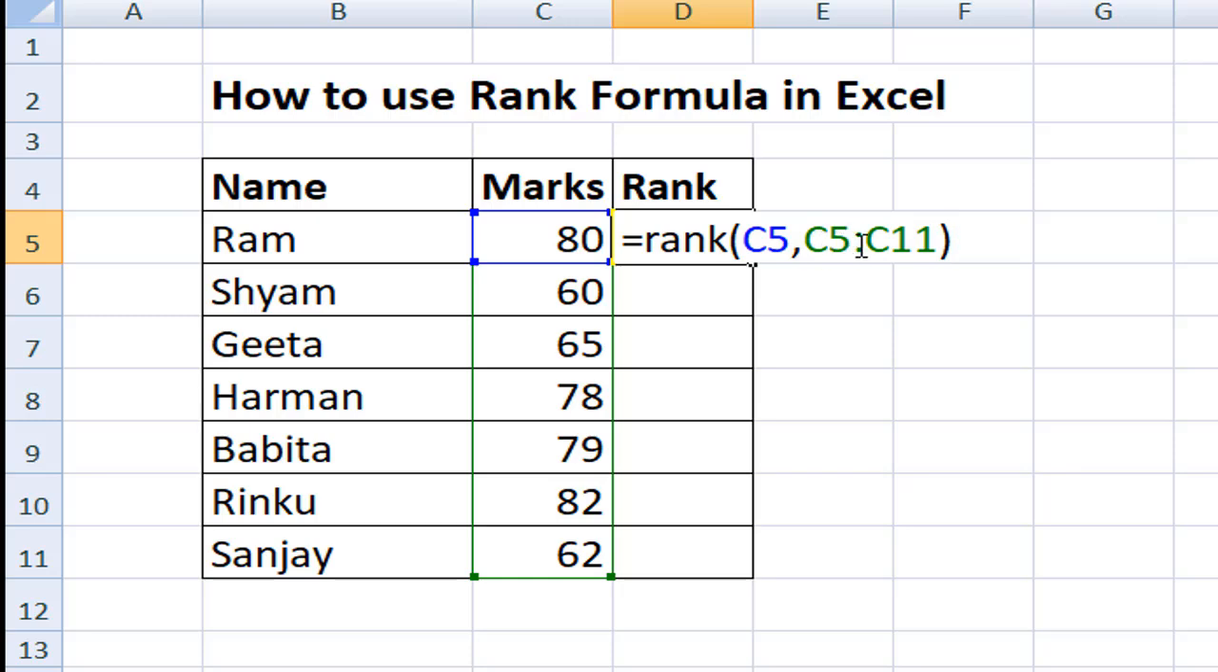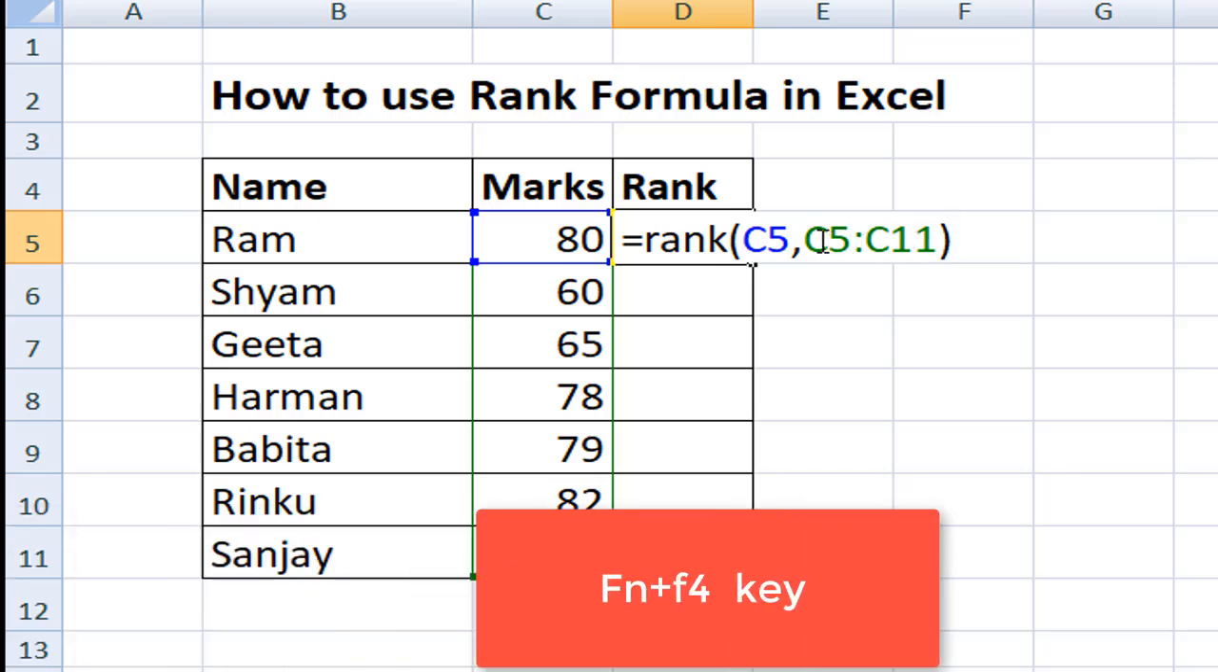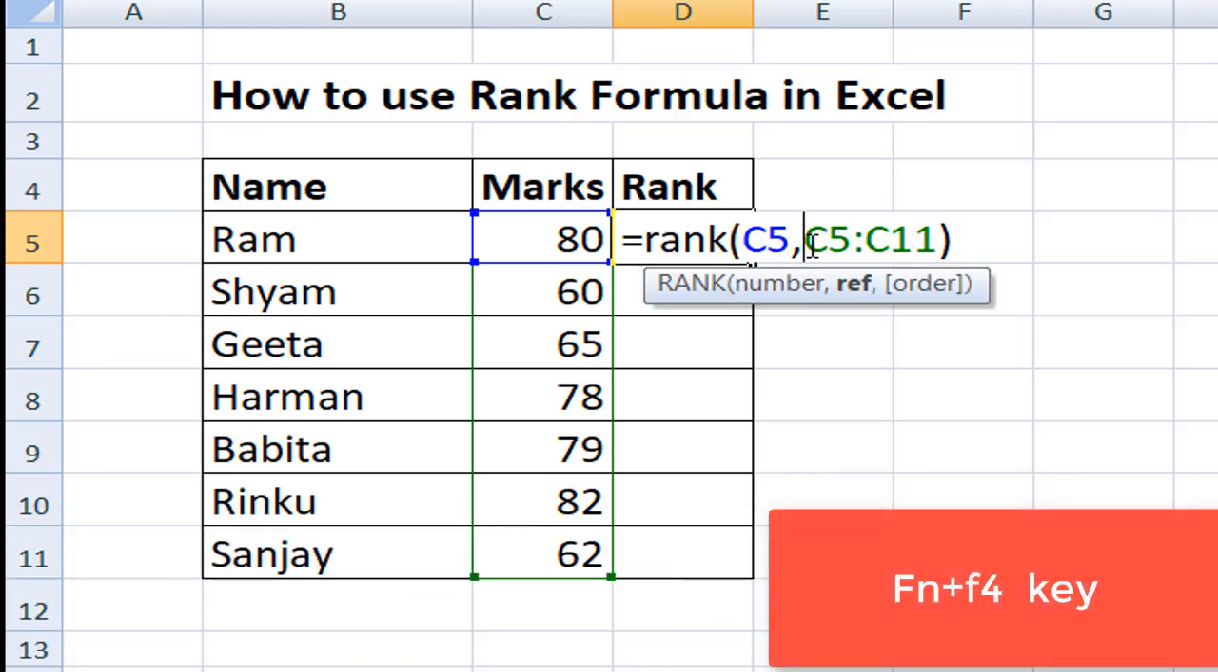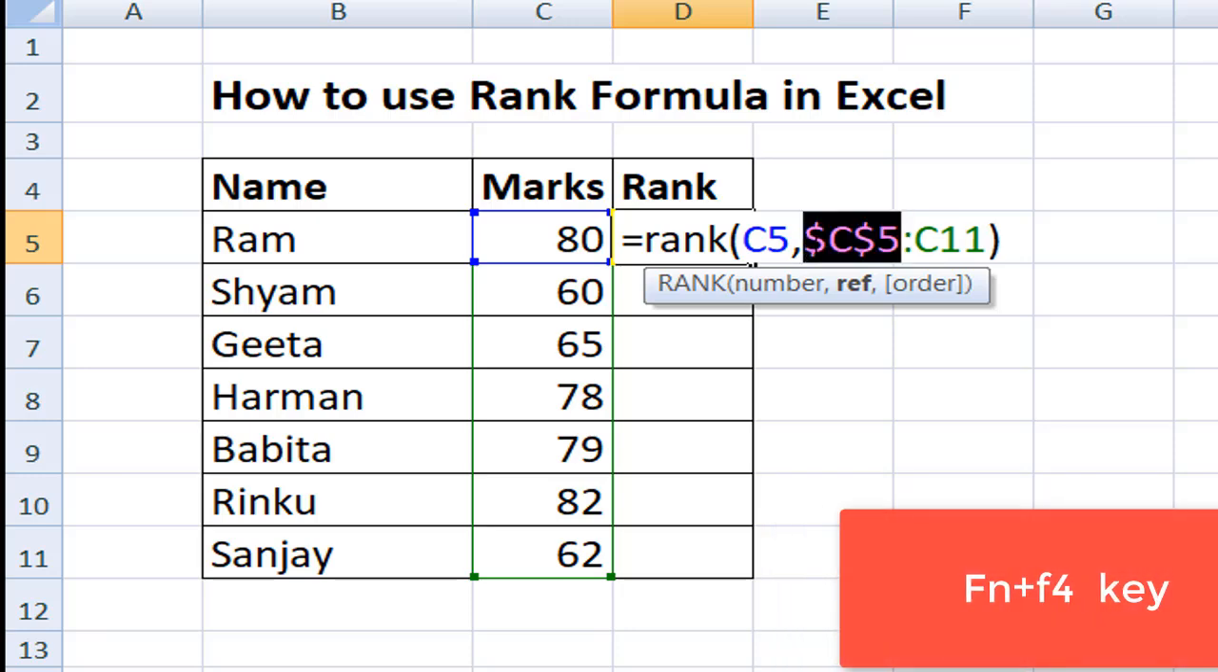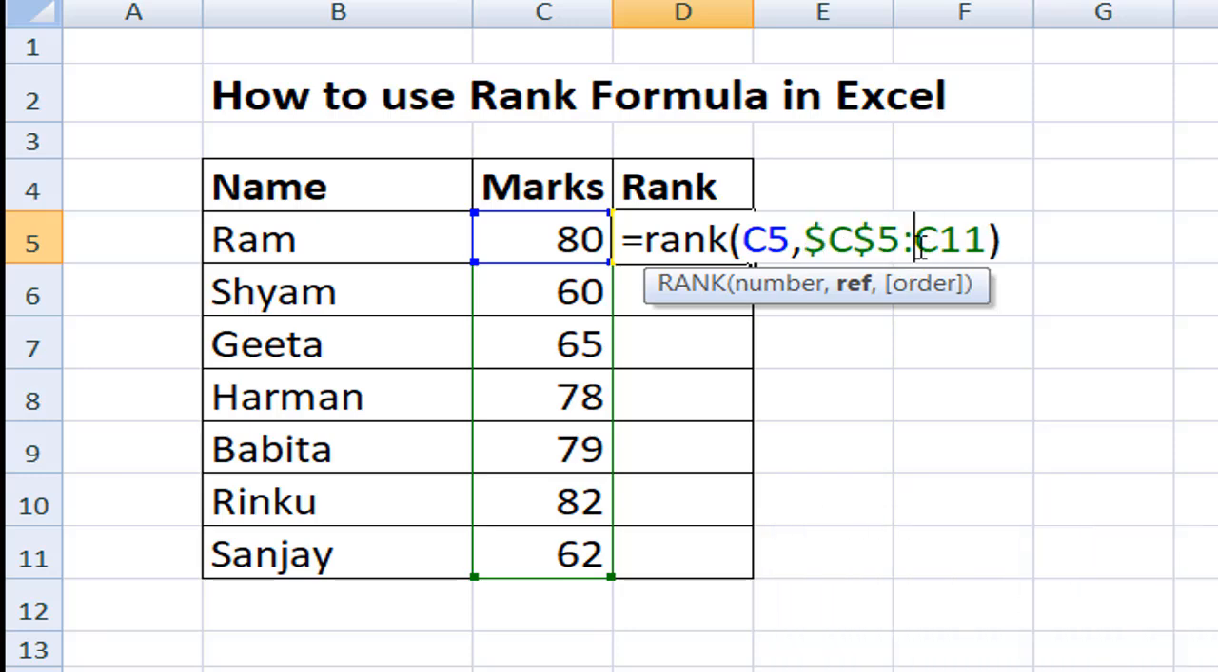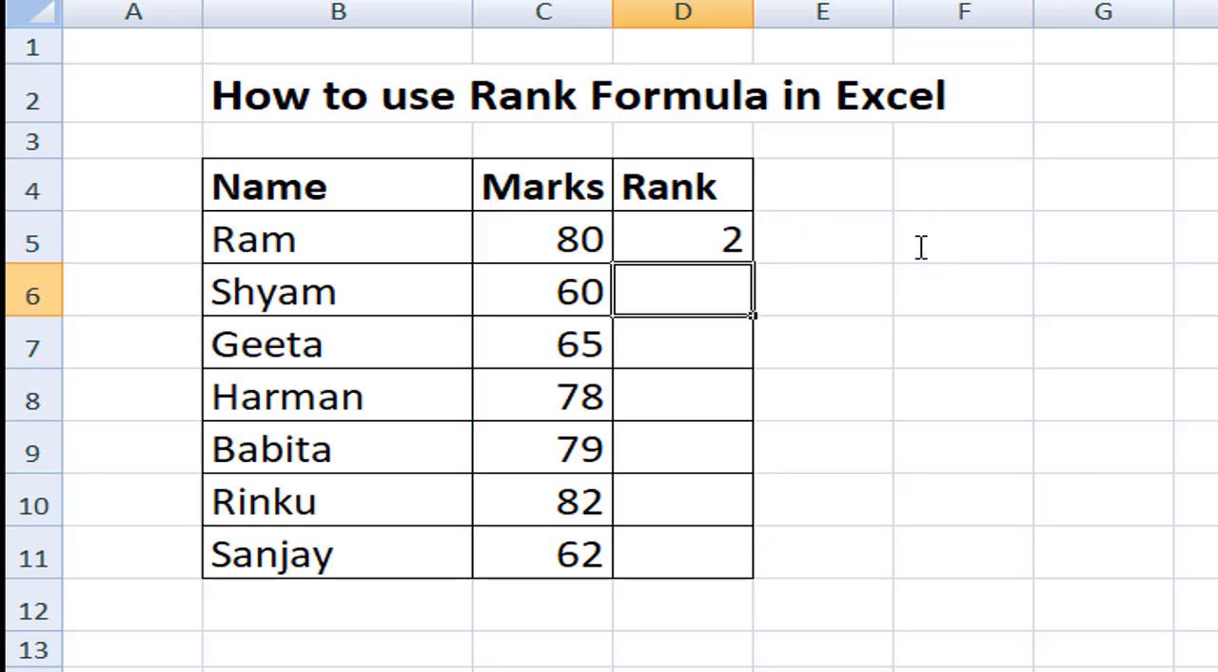So this range C5 to C11 has to be fixed because it will not change. So I will use the function and F4 key. So you can also use this, or you can simply put the $ sign in front of column and rows, or you can just press enter. So this is the rank, and then I will copy this and paste in the